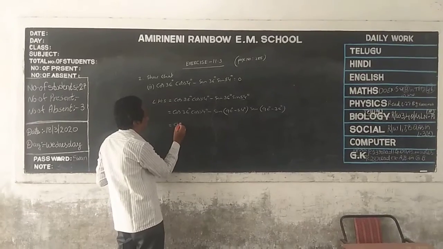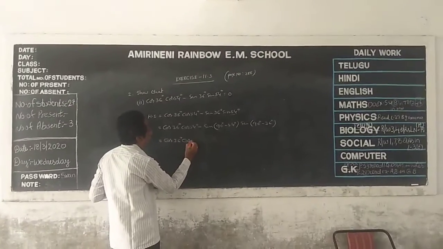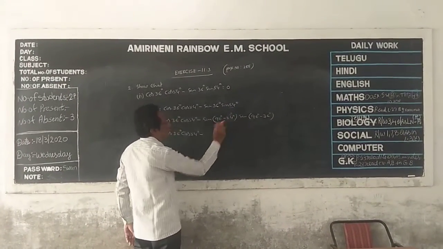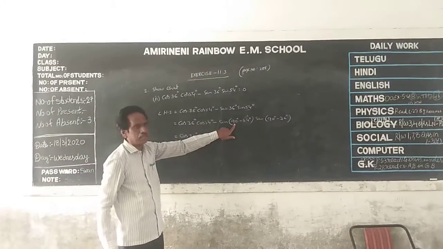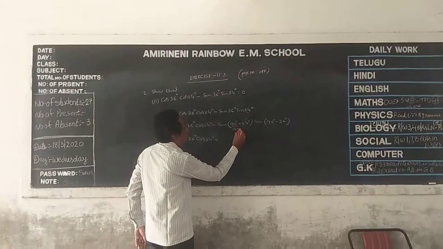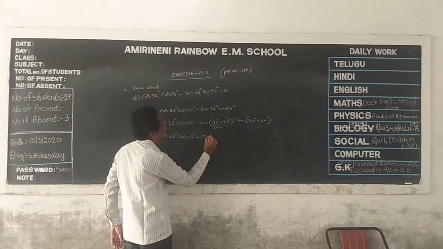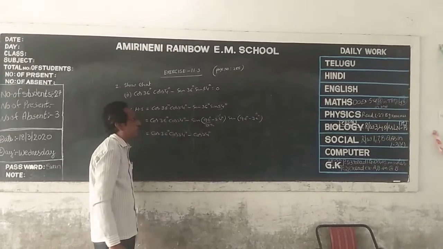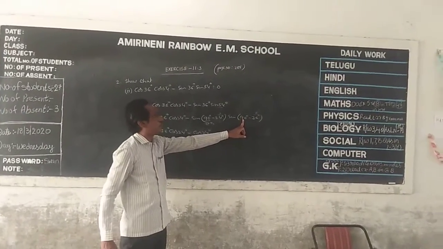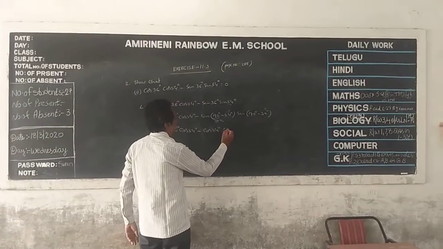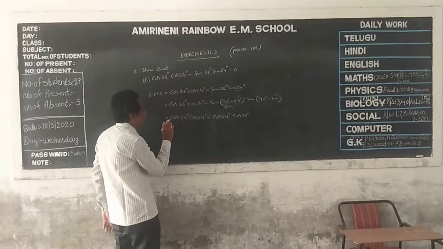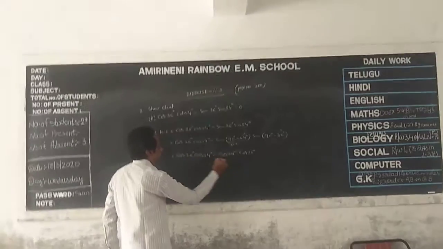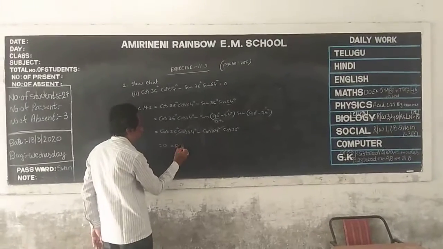That is equal to cos 36 degree cos 54 degree minus, here 90 minus A lies in the first quadrant. Here 1 into 90, 1 is odd number. Sin changes to cos 54. Next, here 90 minus A lies in the first quadrant. Here 1 into 90, 1 is odd number. Sin changes to cos 36. Here plus cos 36 cos 54 minus cos 36 cos 54 cancel. That is equal to 0. That is equal to RHS.